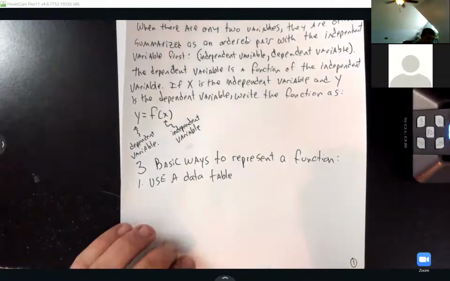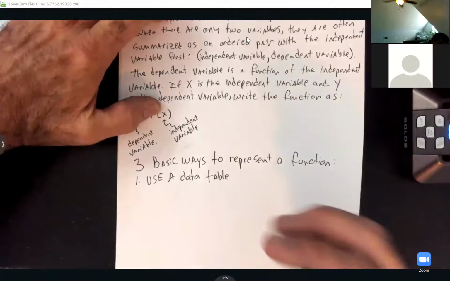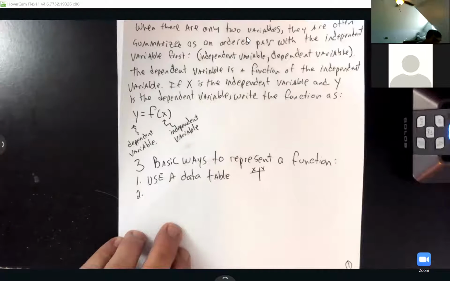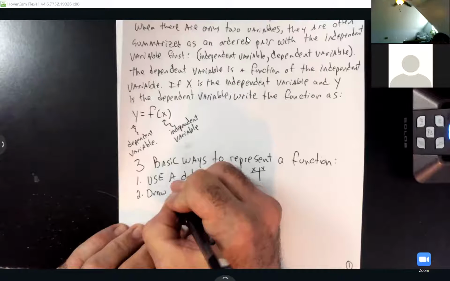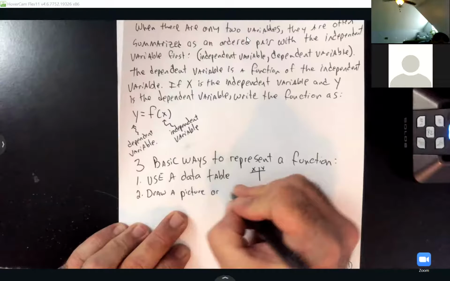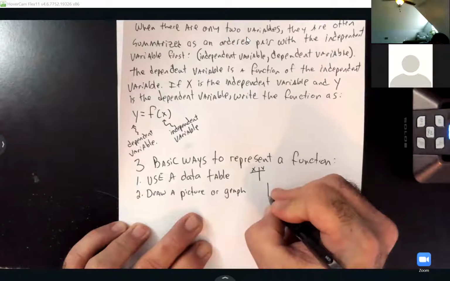So a data table, one that you might have seen for a data table could be a X and a Y table where you have X values and Y values. So that's one form of a data table. Second way I can represent a function is to draw a picture or graph. And we're really bigger on using graphs. So remember, a graph